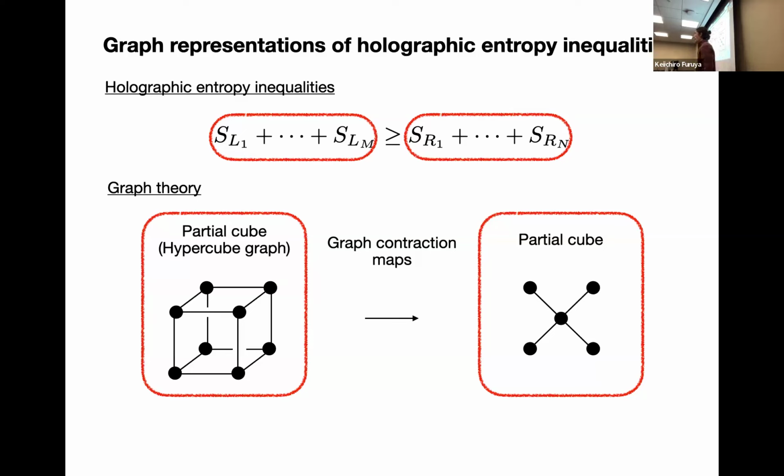Sorry, are all the partial cubes bipartite? Yes, exactly. There must be, because it could be embedded. I didn't mention the mathematical definition here, but a partial cube is a graph isomorphic to a subgraph of a hypercube. So any subgraph of the hypercube graph should be bipartite, because the hypercube is bipartite.